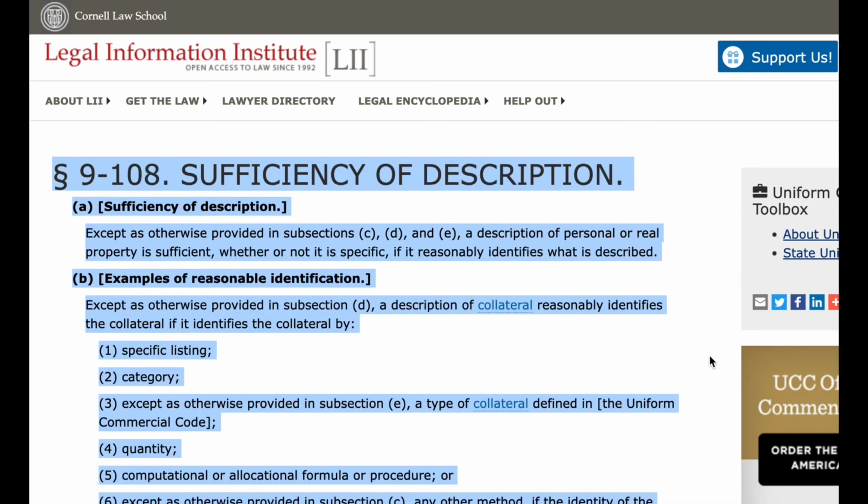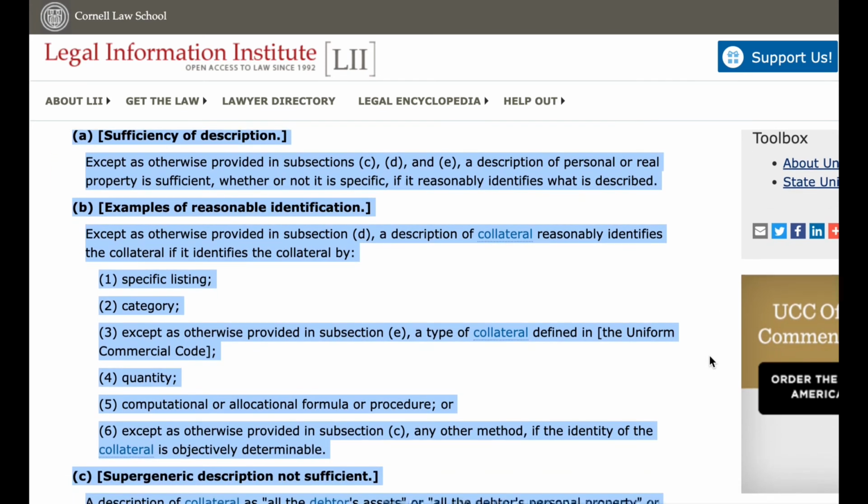Paragraph 9-108. Sufficiency of description. A. Sufficiency of description. Except as otherwise provided in subsections C, D, and E, a description of personal or real property is sufficient, whether or not it is specific, if it reasonably identifies what is described. B. Examples of reasonable identification. Except as otherwise provided in subsection D, a description of collateral reasonably identifies the collateral if it identifies the collateral by